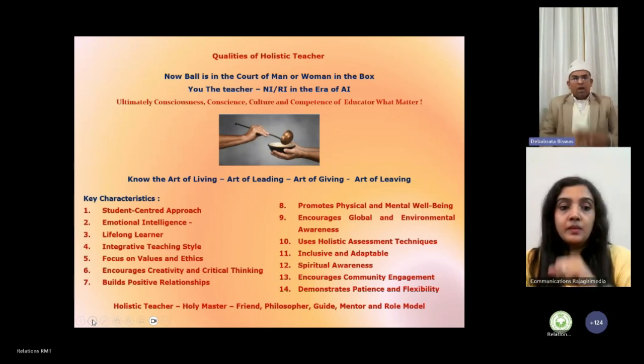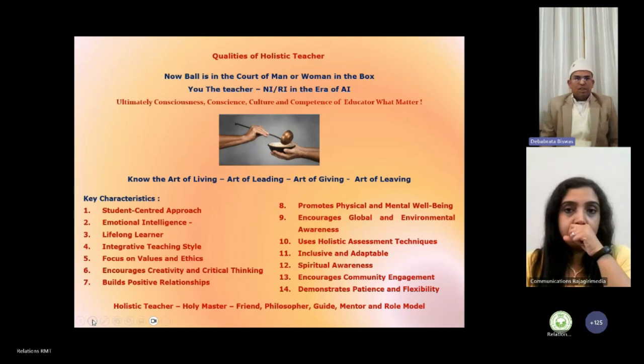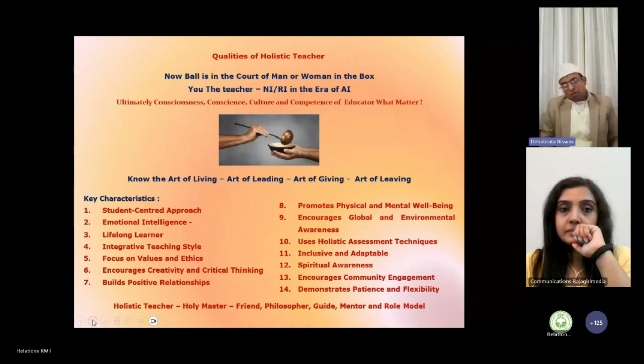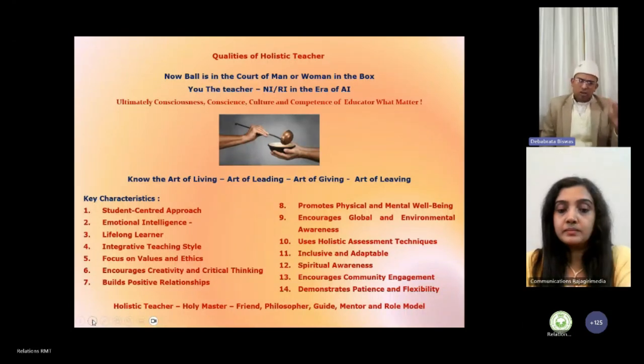When you are full, completely in a blissful situation, you are tripta asmi, purna asmi, then you can start giving. And then after giving, you will not hold anything, you will leave it. You will not take the credit. If the child has done excellent, it is the child's. Vashishta has never taken the credit for Rama, or Acharya Drona for Arjuna. They have given the credit to the child itself. It is your Guru Bhakti, your dedication, your determination, your devotion, your discipline, your courage, your commitment that have brought the changes.